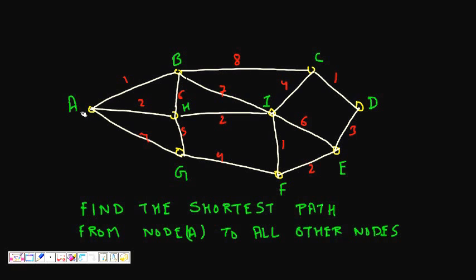Now if I ask you, let's have source A and I want you to calculate the shortest path from A to all the other cities or nodes in this graph. So this is called the single source shortest path problem, where you have to find what is the shortest path between A to C. So we can go via A to B and then B to C. I can go from A to H, H to I to C. So many paths are there. So you have to find the shortest path from the source node to all other nodes in the graph.